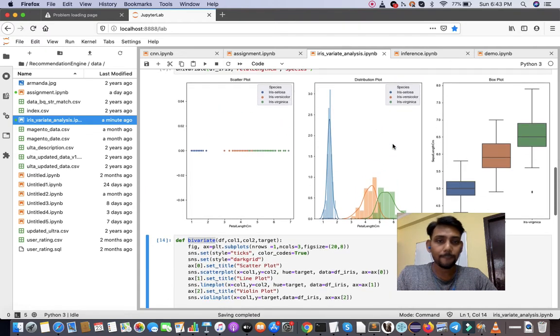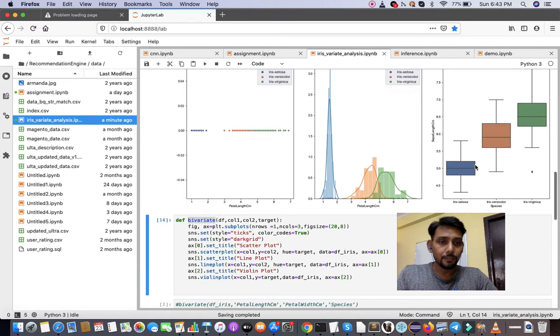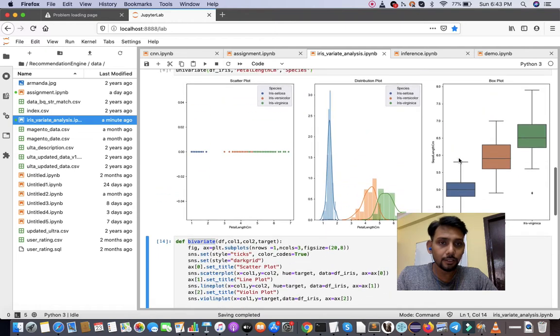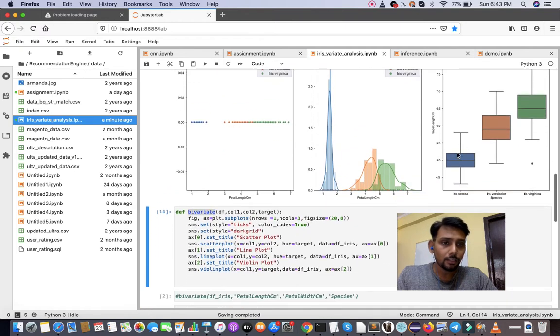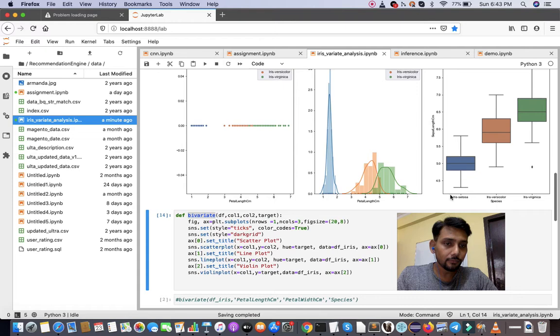Here the box plot. Let's first explain what a box plot is and how we read the data using it. Let's discuss this blue one, for iris setosa. This is the minimum value.